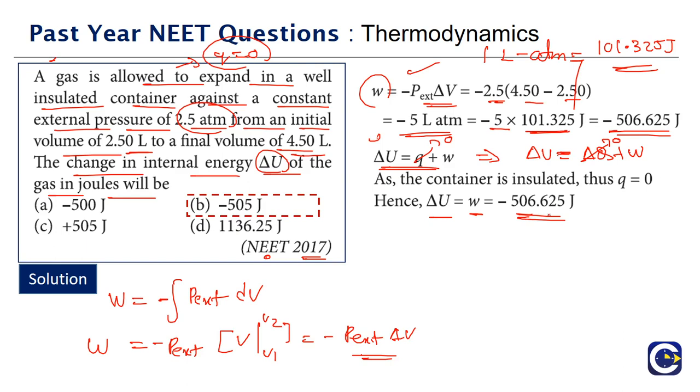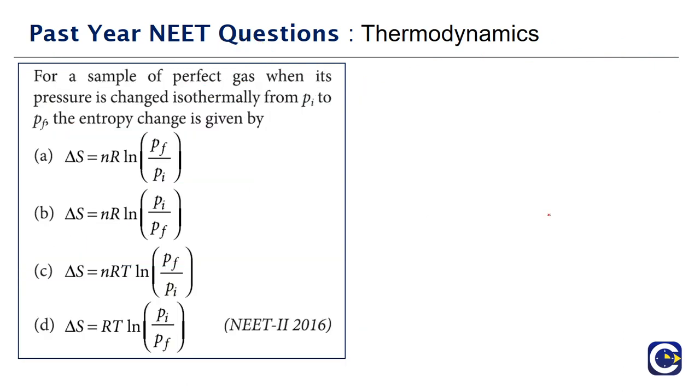So in thermodynamics, while you may be vaguely clear in terms of formulae, if you are not thorough in terms of sign convention, then there is always a chance that you might end up getting a wrong answer, because you can see in almost all the questions we discussed so far, there is a plus value for the same as well as minus. In this question also there is a minus 505 and there is also plus 505. So if you are not clear in terms of sign convention, we may end up getting wrong answers. So we have to be very careful about it.